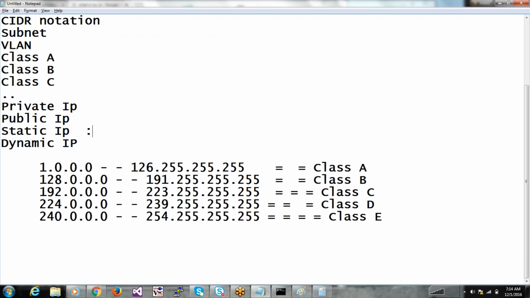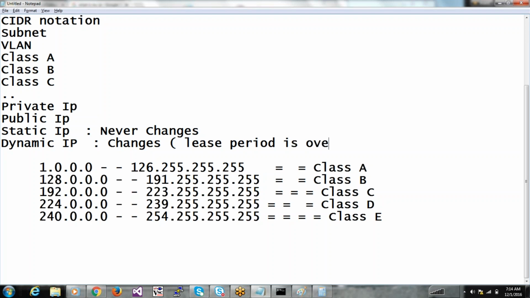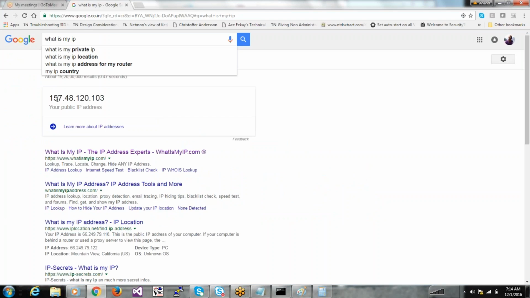A static IP is something that never changes. A dynamic IP changes. When does it change? When the lease period is over. You can get a static public IP, you can get a static private IP. So when I do what is my IP,